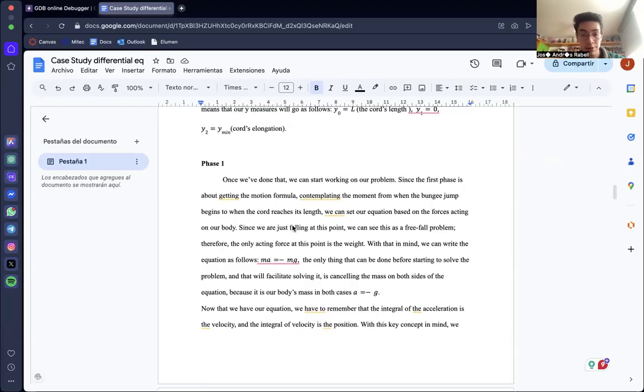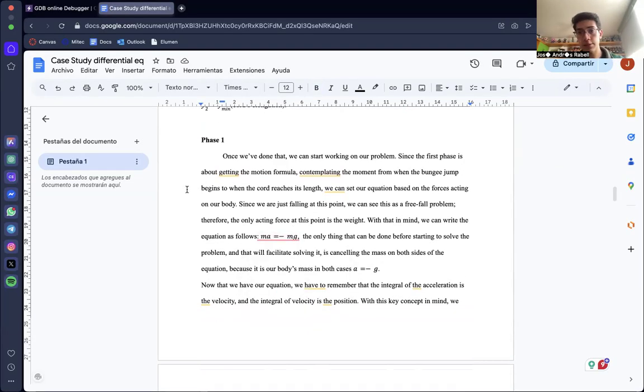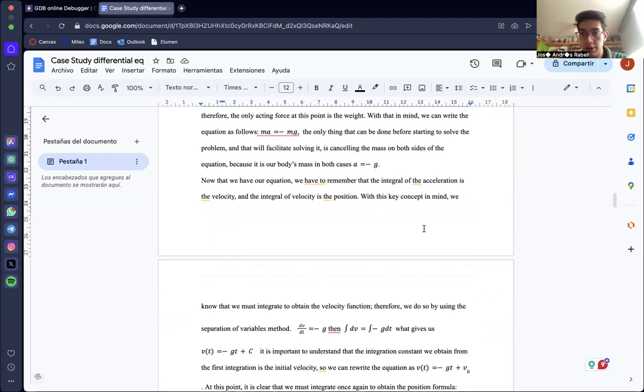Now that we understand that, we go to phase one because it is divided into phases. It's since the body starts falling to when it reaches the chord's length, before the elongation of the chord. So for phase one, the force is just the weight, so it is ma equals minus mg. We cancel the mass, of course, and we integrate two times because